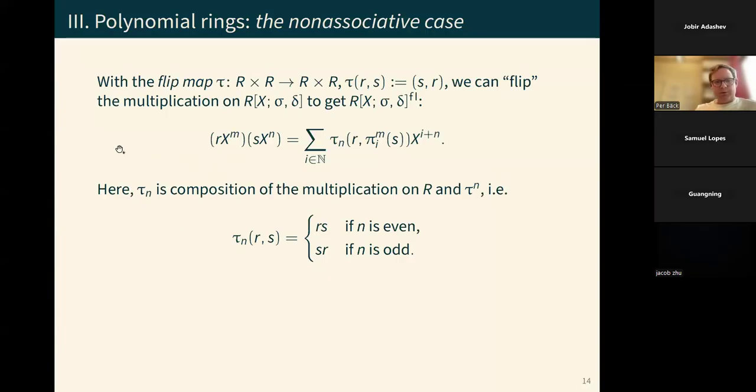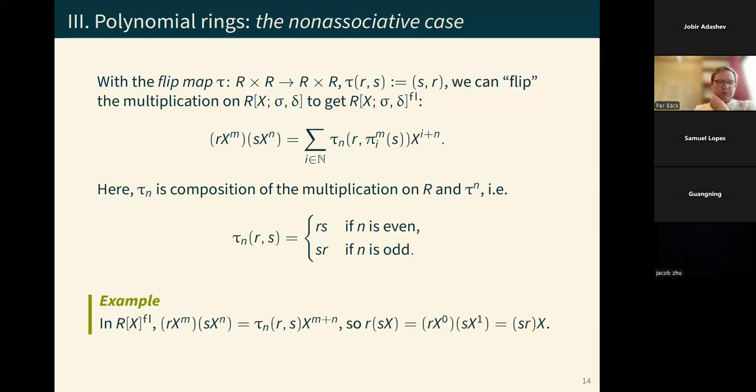So I will soon tell you why I'm doing this. But from a democratic perspective, this is much nicer, I would say, because now both this leftmost monomial has something to do. It's in these pi maps here, twisting or skewing the product. And these n maps here in the rightmost monomial flip or do not flip the product, in case n is odd or in case n is even. So both these monomials have something to do in this product now. So it's more sort of democratic.